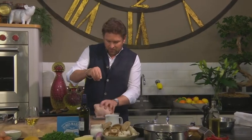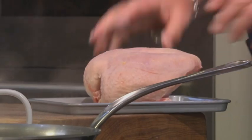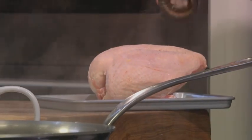So just some normal table salt right into the cavity. Make sure you season it really well with salt and pepper. Like that, all the way around. And then what we're going to do, the thing about a crown of chicken, it doesn't take very long to